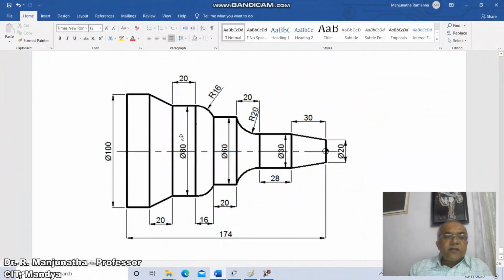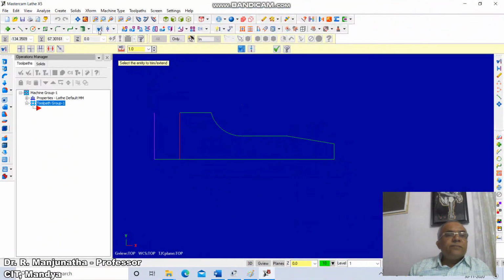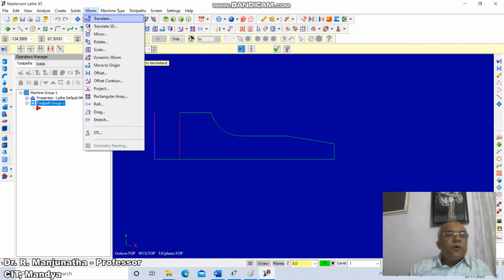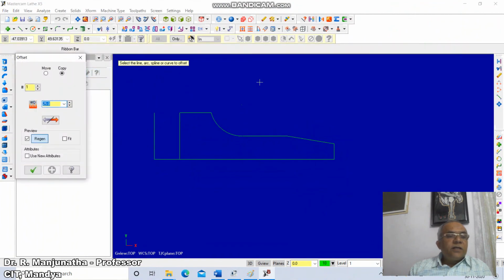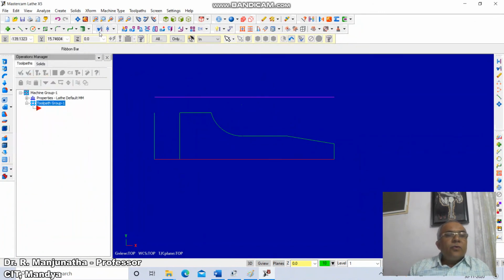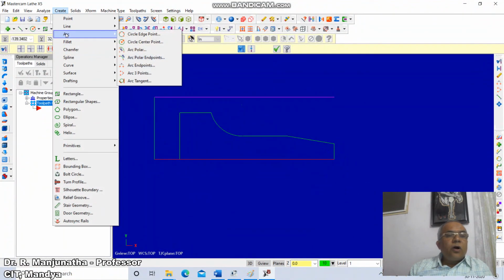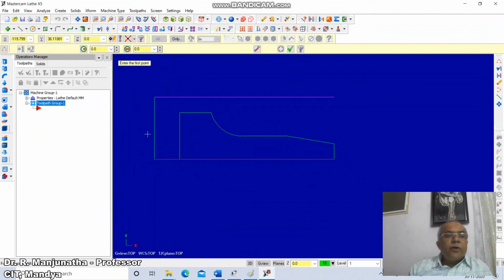Then you take the diameter as 40. Here the command is XForm, offset, take the distance as 40. From here you offset this distance and go to extend, select this, extend till here. Then go to create, arc by endpoints, take this endpoint and also this endpoint, and the radius is 16, so type 16.